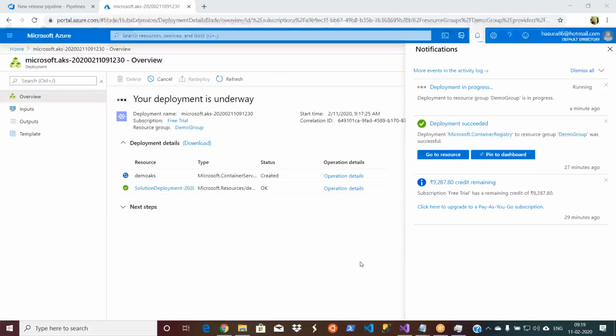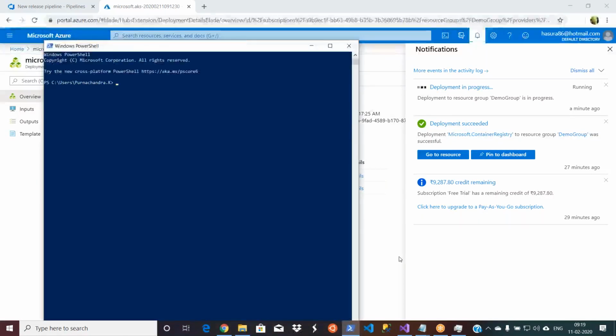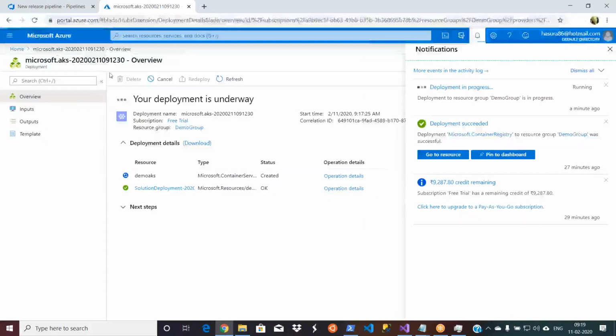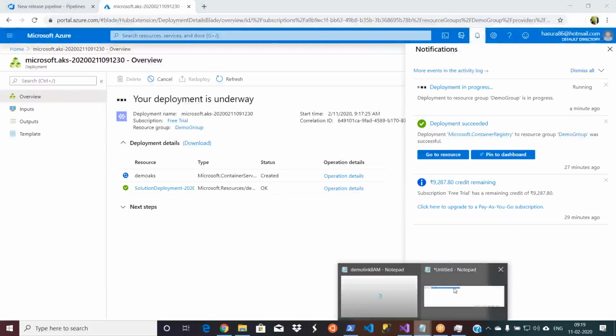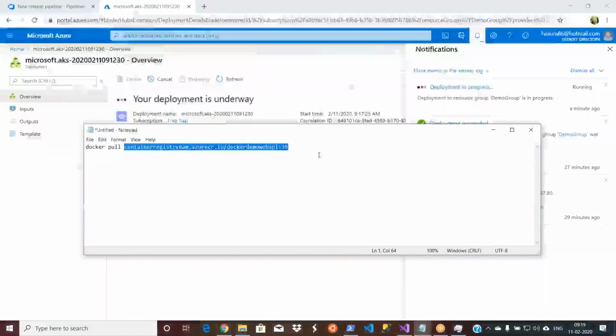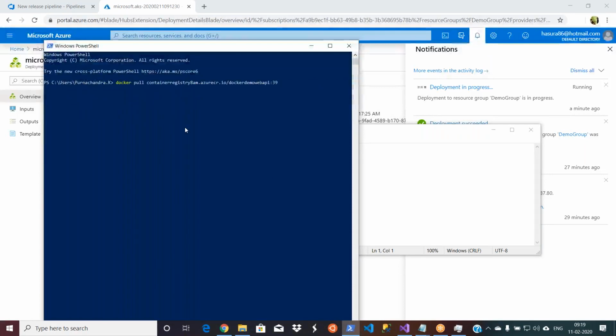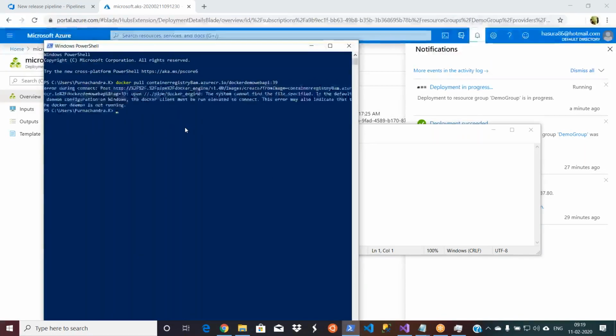Yeah, you can do it. So what you do, you go to your PowerShell. What is the path for that? I just copied it, right? This is the Docker command. Just take this command, Docker pull, and then the path of this image, and simply run it. Now, my Docker is not running, right? If it is running, it will ask you for authorization.